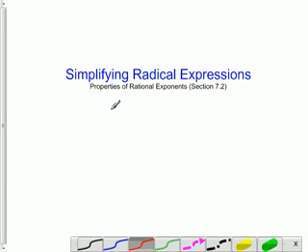Now we're going to take a look at a couple of problems for simplifying radical expressions. And these are both going to have radicals in them, and we're going to apply some of the beginning properties of rational exponents, which come from section 7.2. And before we begin, I just want to remind you that we can convert between rational exponents and radical form